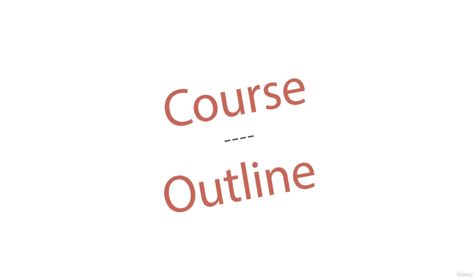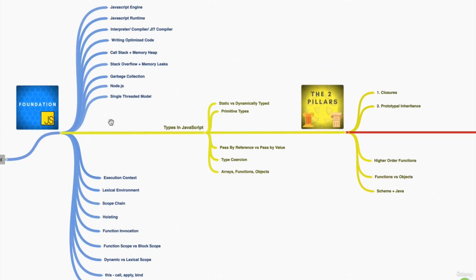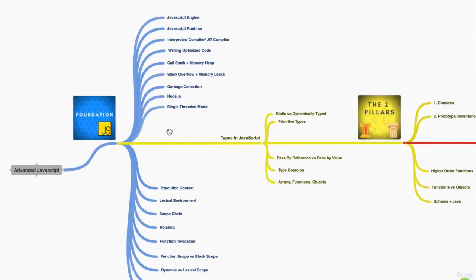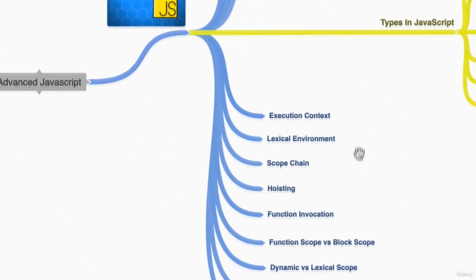Let's have a look. This is our course outline. The course starts off with the foundations, to make sure that we have those building blocks in place to learn best practices, advanced topics, and how to write clean code. We'll start diving quite deep into things like the JavaScript engine, the runtime, talking about interpreters, compilers, JIT compilers. Going to talk about all these topics, some of them quite advanced,